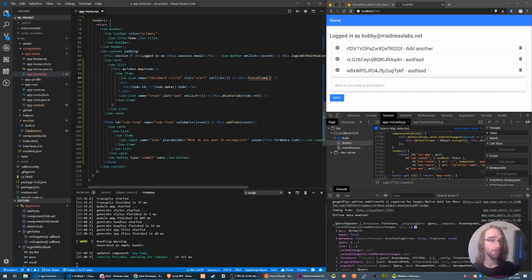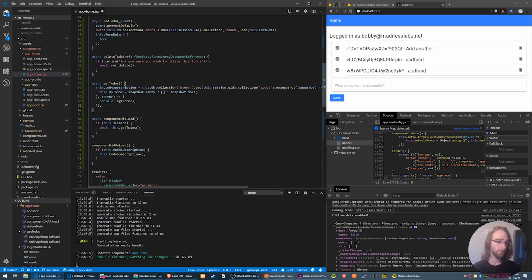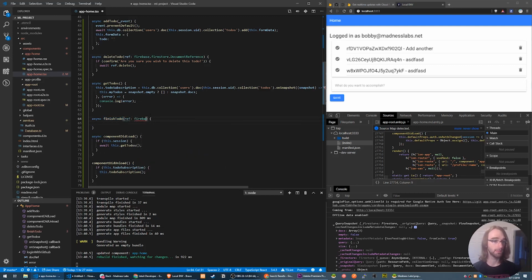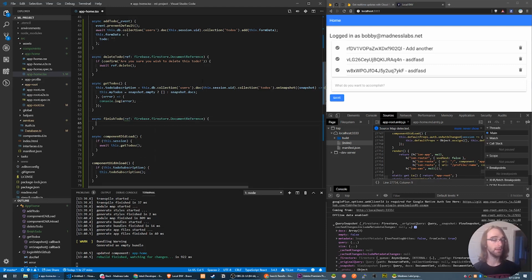Okay, so finish to do. And then again, let's just pass through the reference so that we can manipulate it from there. So up here, let's make our new method, async finishToDo. It's going to be passing us through a reference, which is going to be a Firebase Firestore document reference. And in here, we don't need to really do any kind of confirmation or anything. We're just going to do ref.update